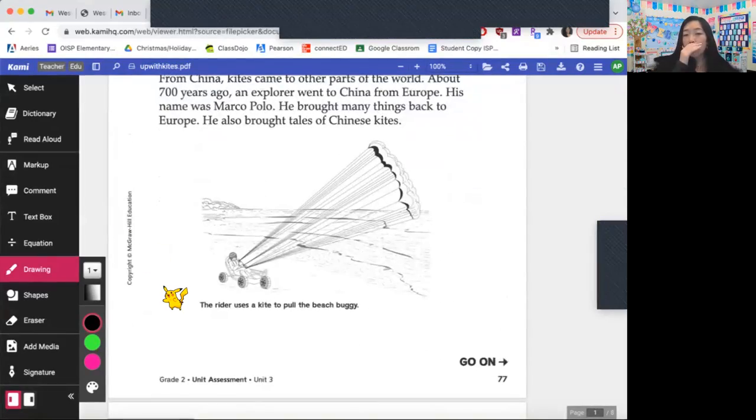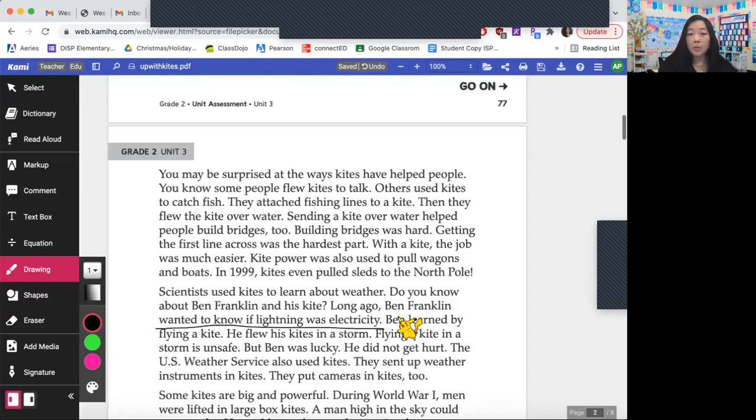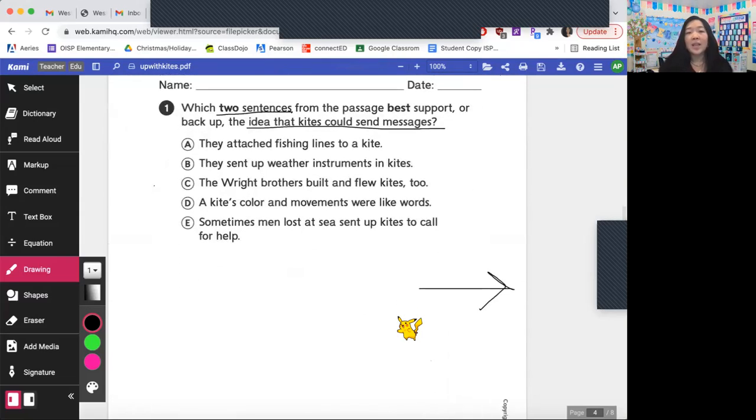Remember, one of the things it asked us about was the picture and the caption. So let's underline that caption. The rider uses a kite to pull the beach buggy. All right, let's look at question number 1 now. Question number 1 says, which 2 sentences from the passage best support the idea that kites could